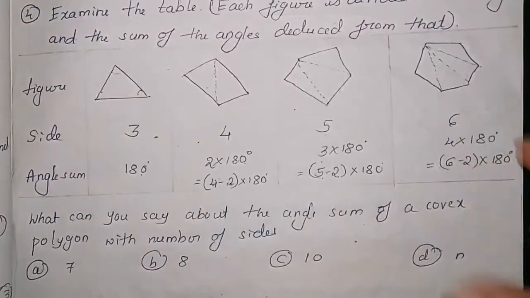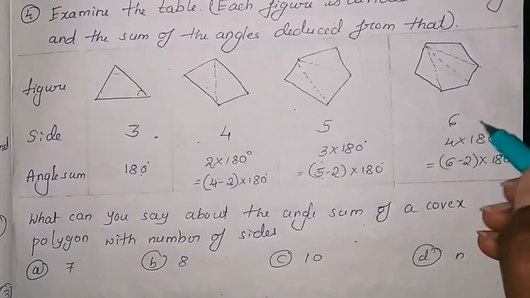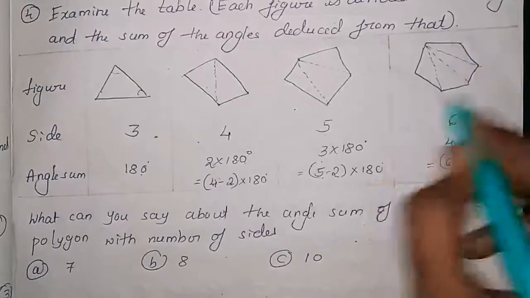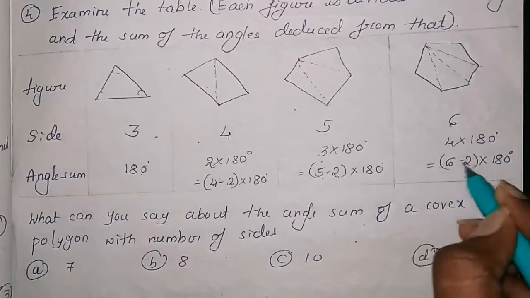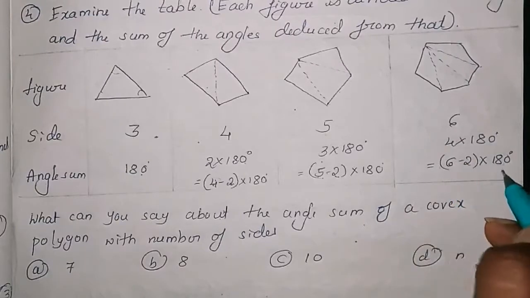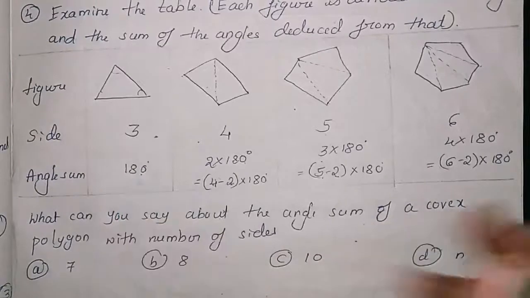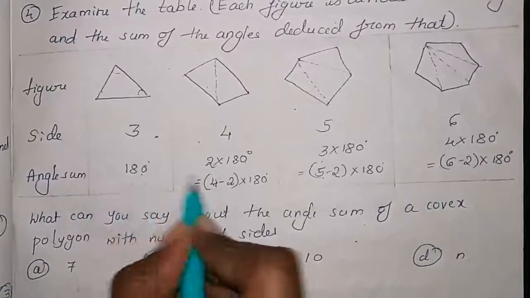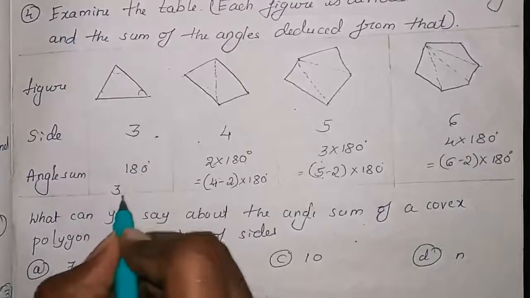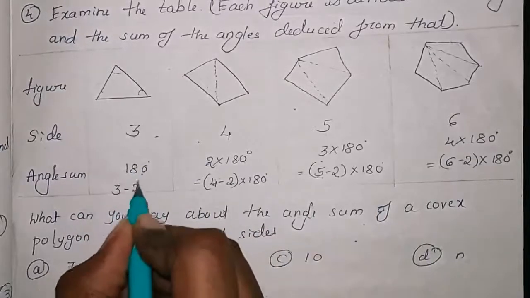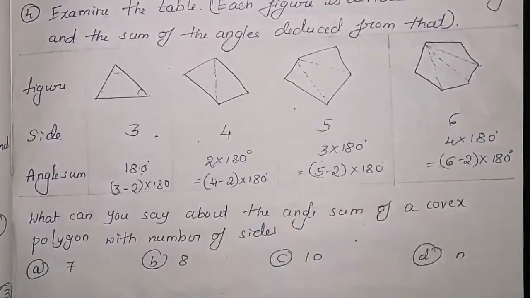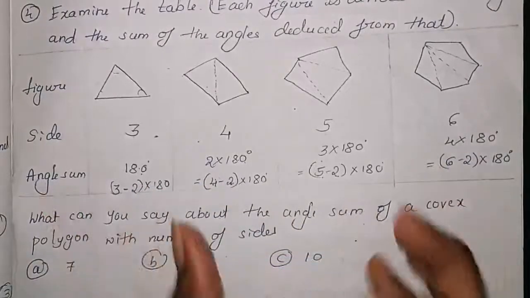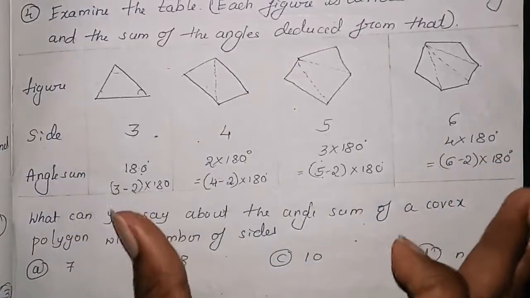So from this we are extracting our formula for the sum of the angles of a triangle. No, sorry, for the quadrilateral. As it is 6 now, you can observe 6 minus 2. So the sides get changed and the minus 2 remains as it is, into 180 degrees. And we can apply this here also. How many sides do we have? 3, and minus 2 will remain as it is: 3 minus 2 into 180 degrees. That means 1 into 180 degrees is 180 degrees. So this is what we have observed in the given table.